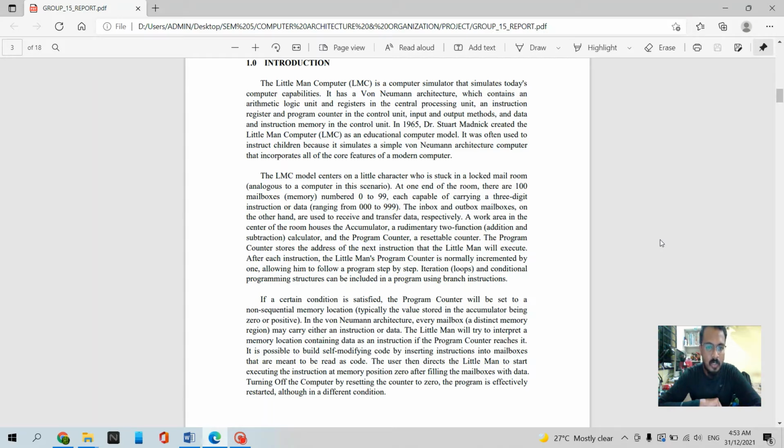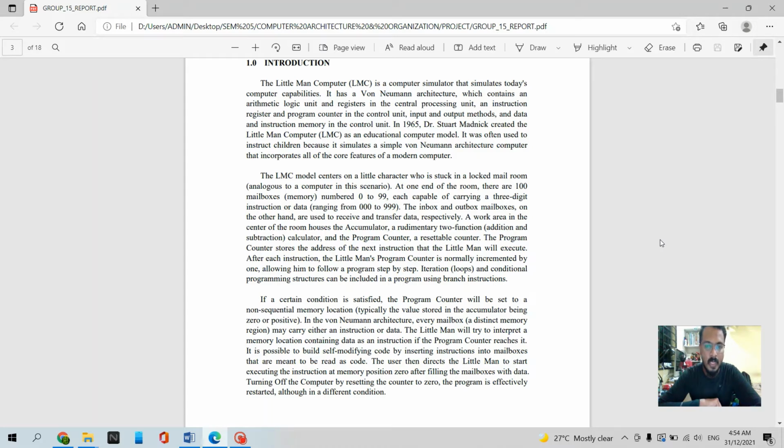The LMC model centers on a little character who is stuck in a locked mail room. At one end of the room there are 100 mailboxes, memory numbers 0 to 99, each capable of carrying a 3-digit instruction or data ranging from 000 to 999. The inbox and outbox mailboxes, on the other hand, are used to receive and transfer data,